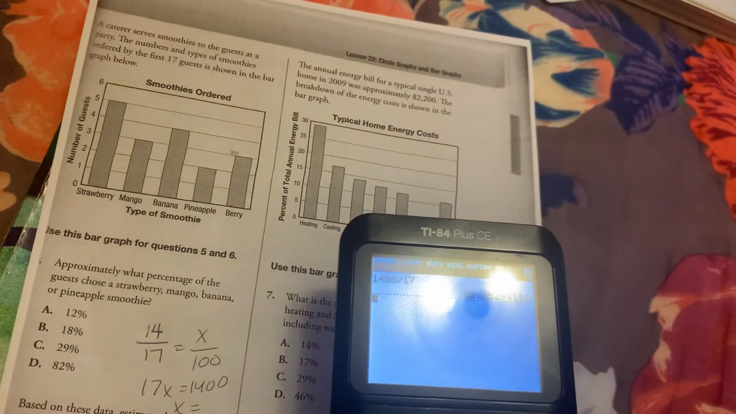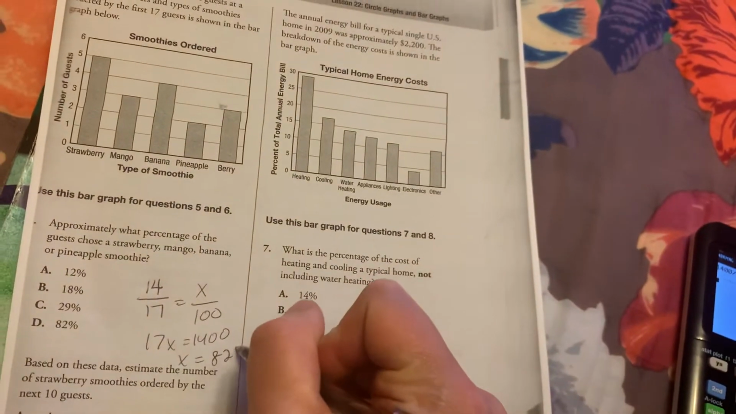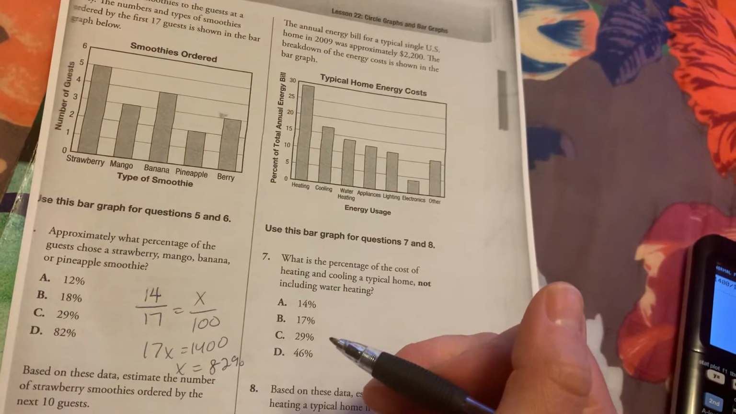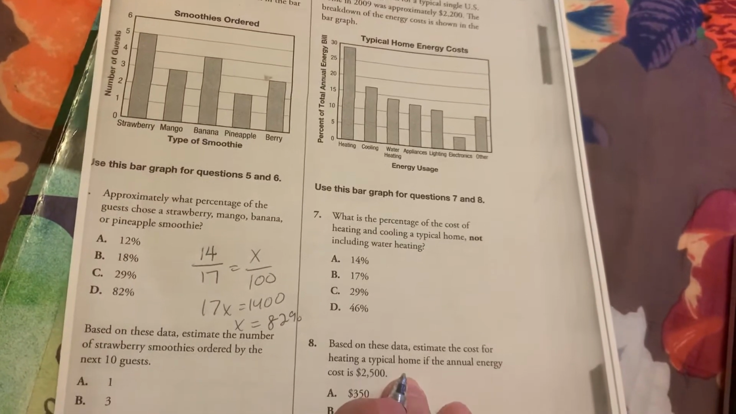So that'll give you 82%. All right. Next one